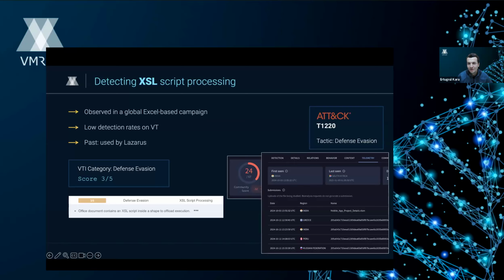So just a bit more context on my end. We came across this via a public sample, and it's an Excel document. And actually, the detections on VirusTotal are not that high. You can see here, and we think it can be better. We thought it would be a good addition to the VTI portfolio we have. Also here, we have some clues around this campaign from VirusTotal. The telemetry data shows it's kind of widespread globally, from Asia to Americas.